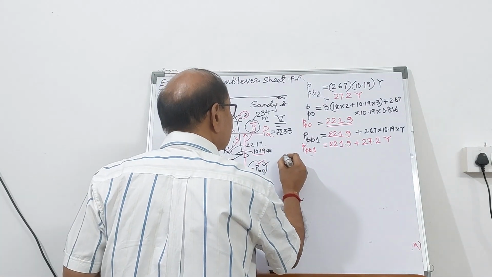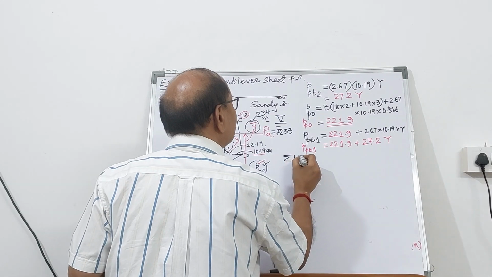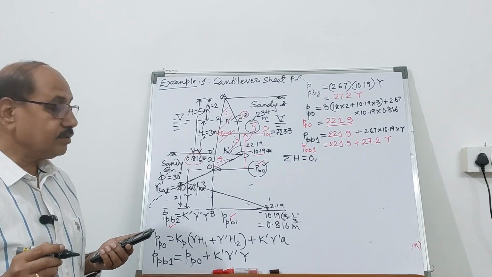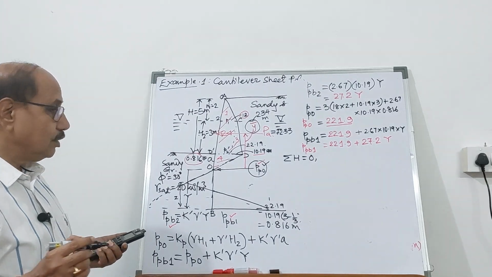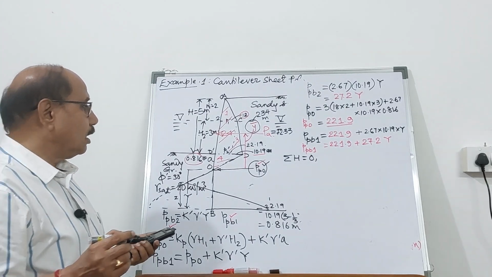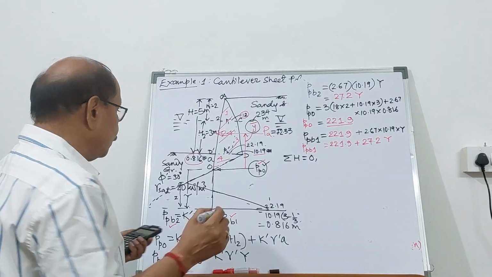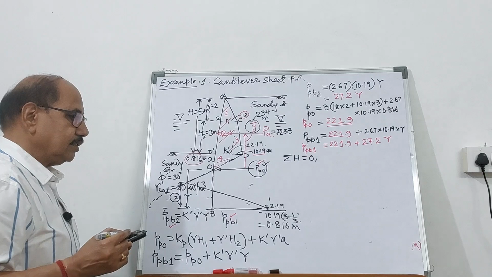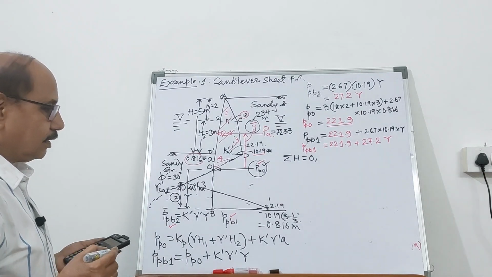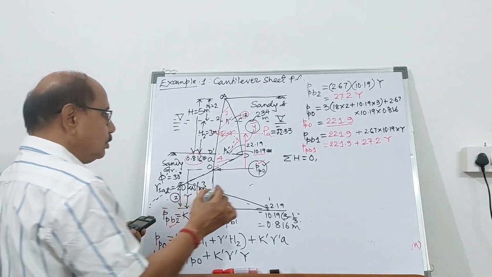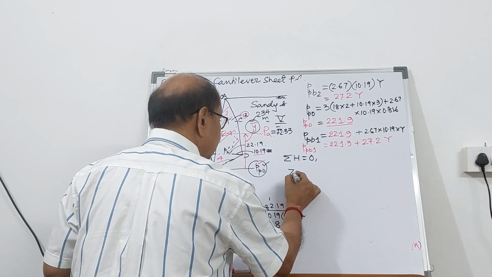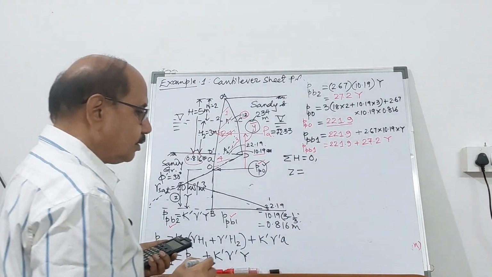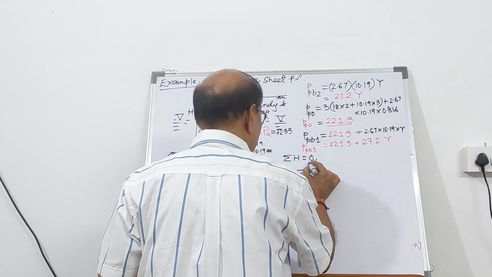So applying sigma h equal to 0, algebraic sum of all the horizontal forces must be equal to 0, then this will give you the value of Z. And if you remember my video, Z can be calculated as PPB2